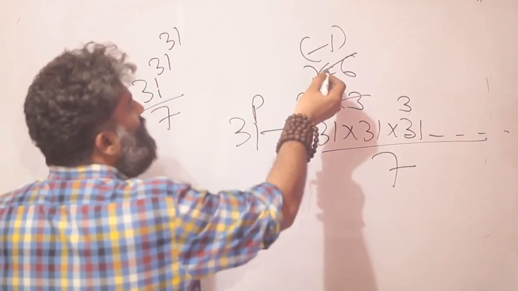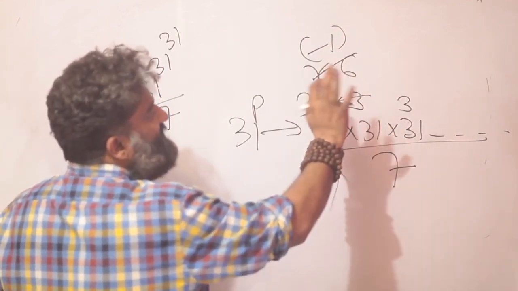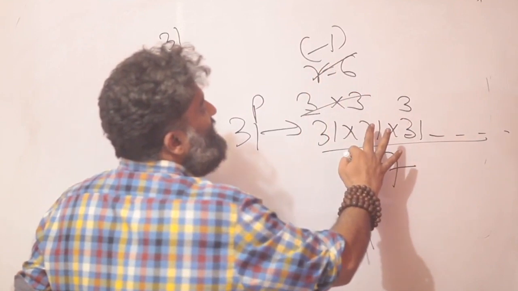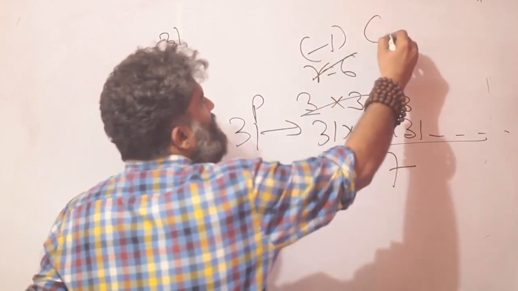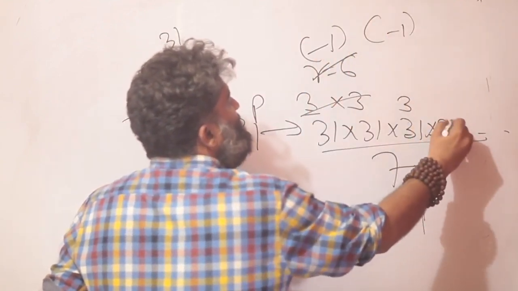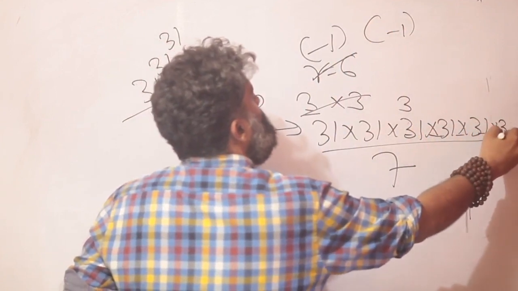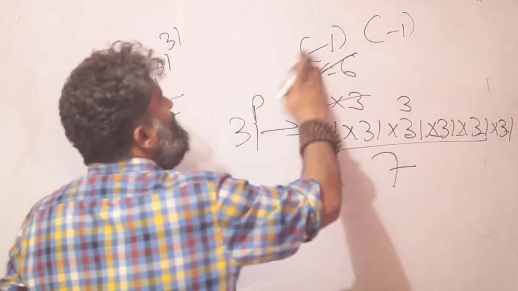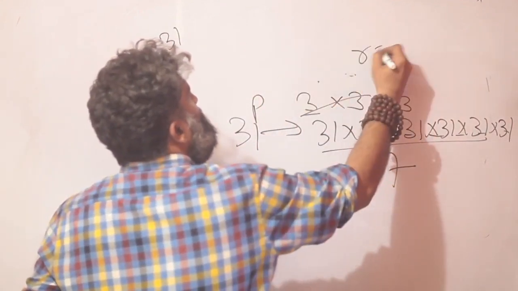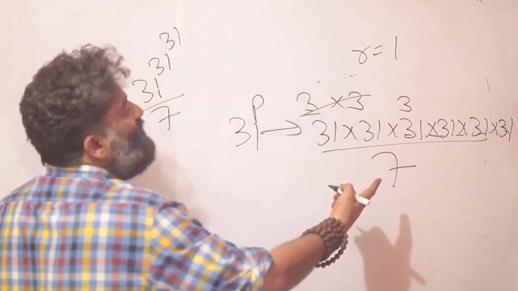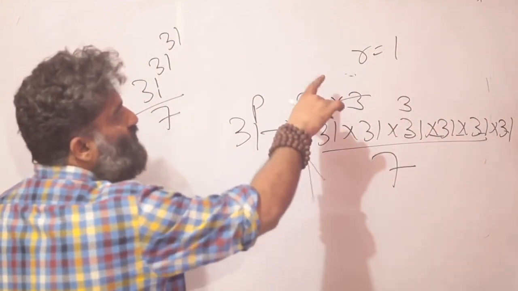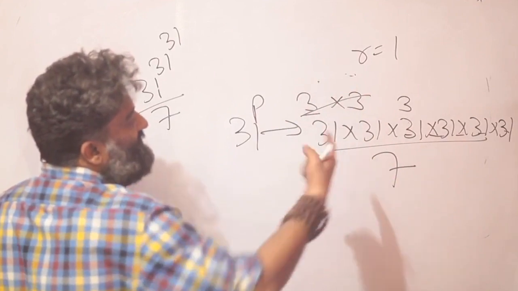Now you can go for this method, or you can take one more step and say 3 31s give you minus 1, another 3 31s will also give you a minus 1, and your remainder would become 1. So even this shortcut we saw earlier, how to reduce your work, just go for the minus 1 and double the numbers and you get it.